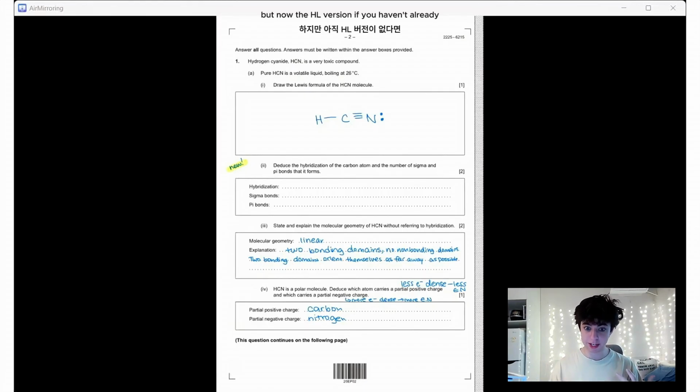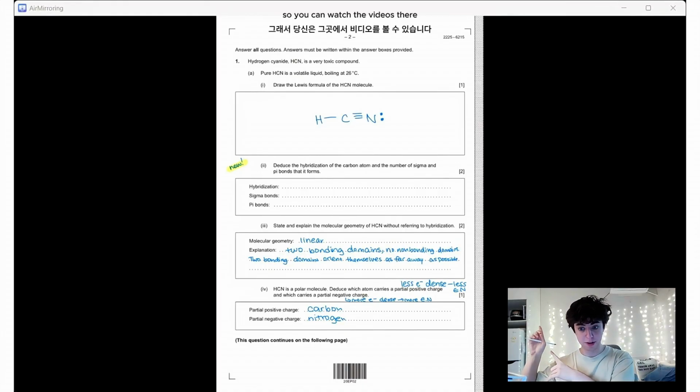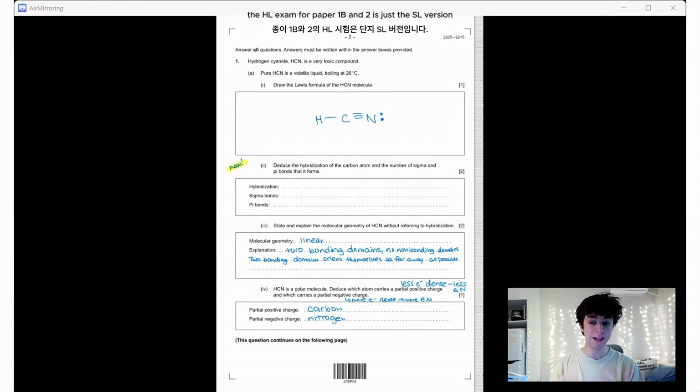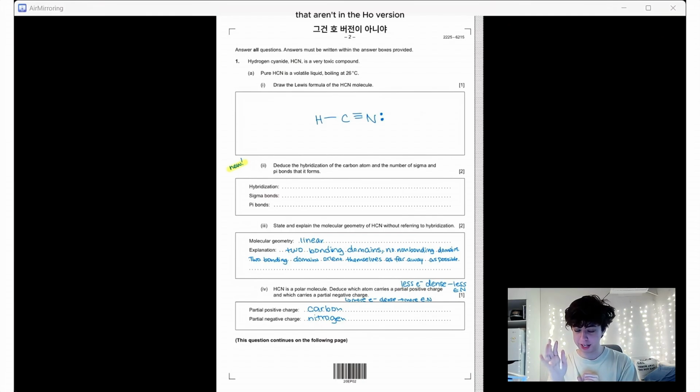If you haven't already, once again, I'm not going to go over the parts that are in common with SL. As you can see already on the screen here, those parts are already filled in, so you can watch the videos there that have to do with that. The HL exam for paper 1B and 2 is just the SL version plus extra stuff. There might be a few marks that aren't in the HL version, just because I guess they considered it too